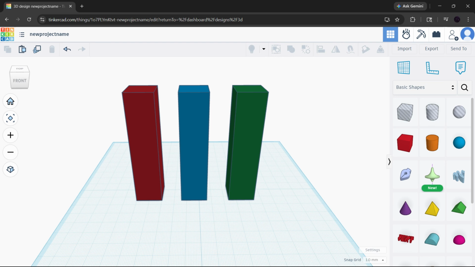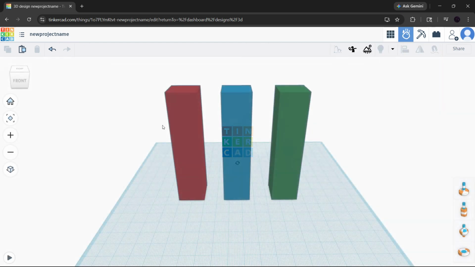To enter Sim Lab, look for the falling apple icon in the top right corner of the screen. That icon is what takes you into the physics simulation mode. Once you click it, Tinkercad will switch from the normal design view into Sim Lab, where your objects can interact